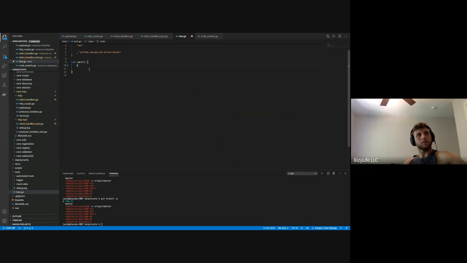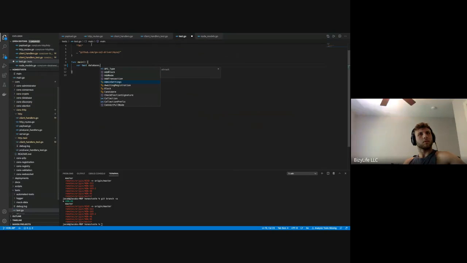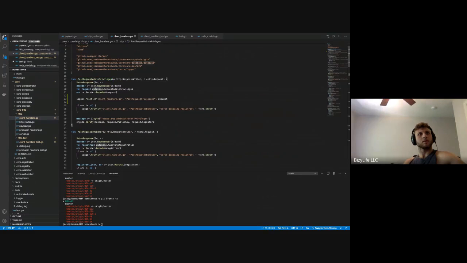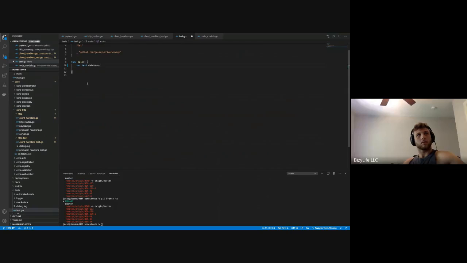So, test database, dot the admin. We'll copy this request. All right, request database that requests admin privileges. We're going to have to generate a public key and a private key. So crypto dot